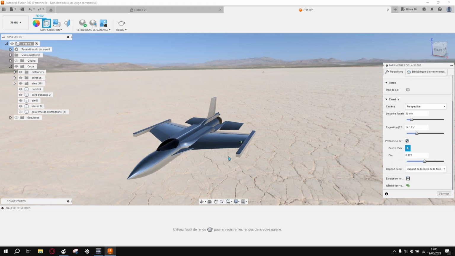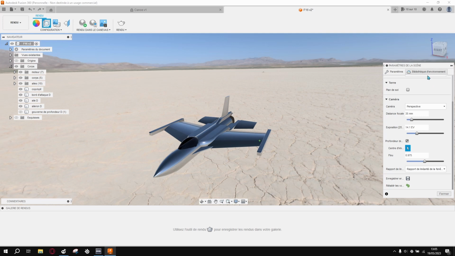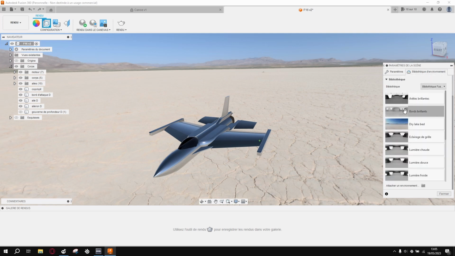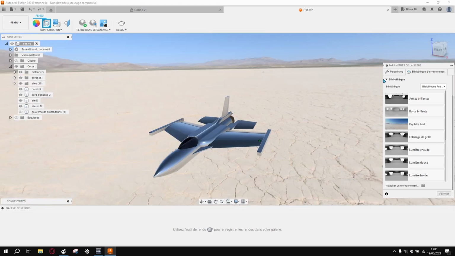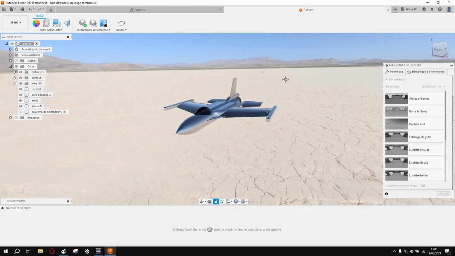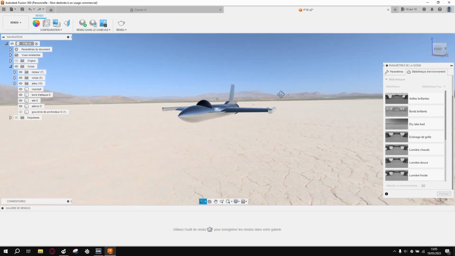And for the background, you can make some environments. We can choose, for example, bright borders. So let's just apply that. We are waiting for this to work. So we have this, but it's not as beautiful for us, at least, as the dry lake bed. So we have this. But imagine that we just want to have the plane here and in front of that,